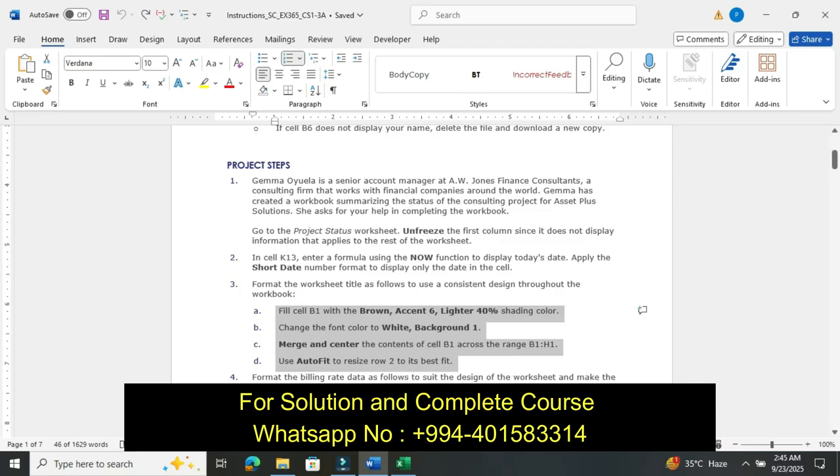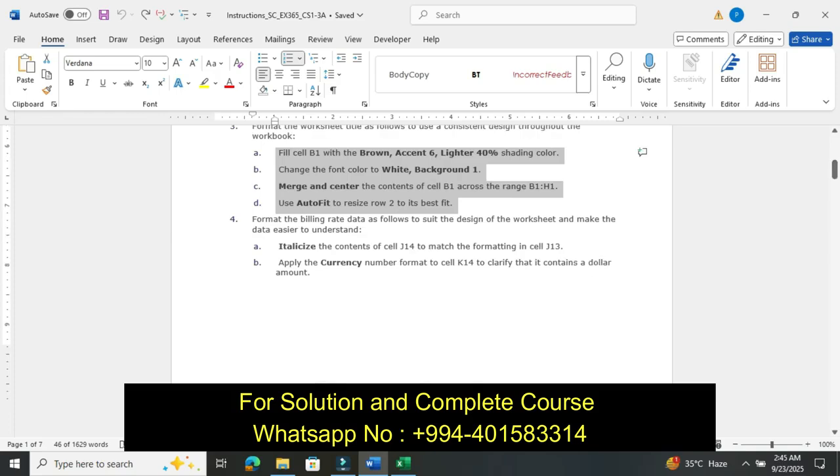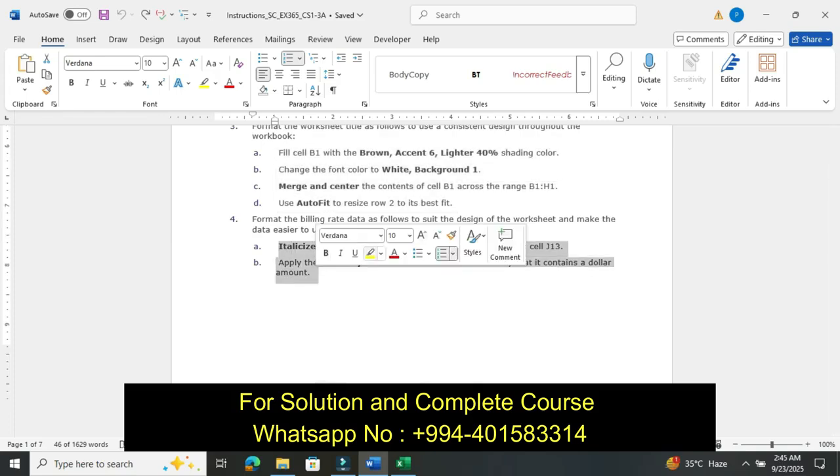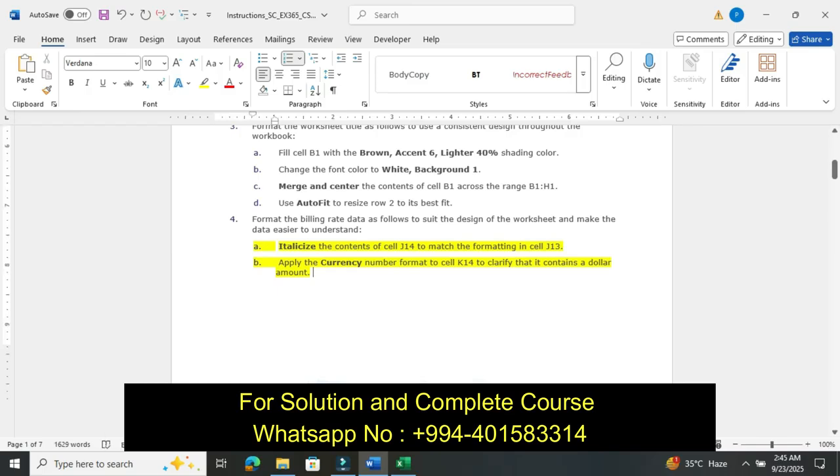Now we move to step number 4. First we highlighted step 4. Format the billing rate data as follows to suit the design of the worksheet and make the data easier to understand. Analyze the content of cell J14 to match the formatting in cell J13.